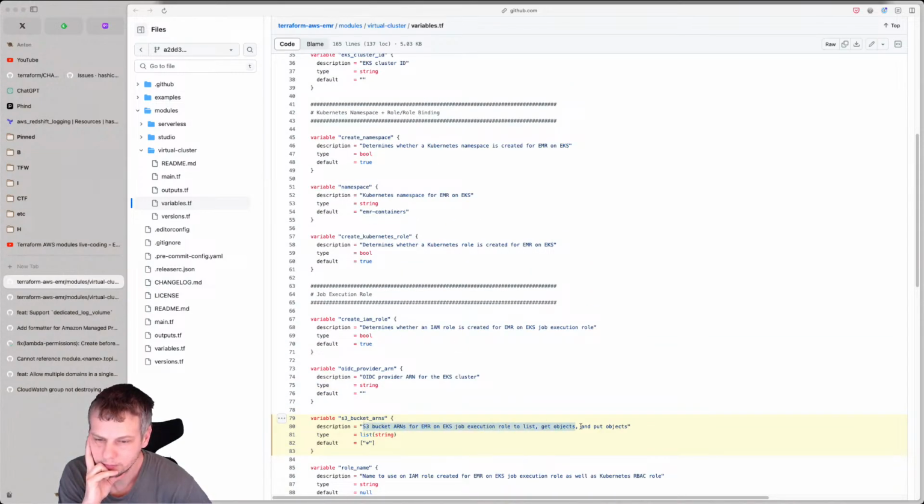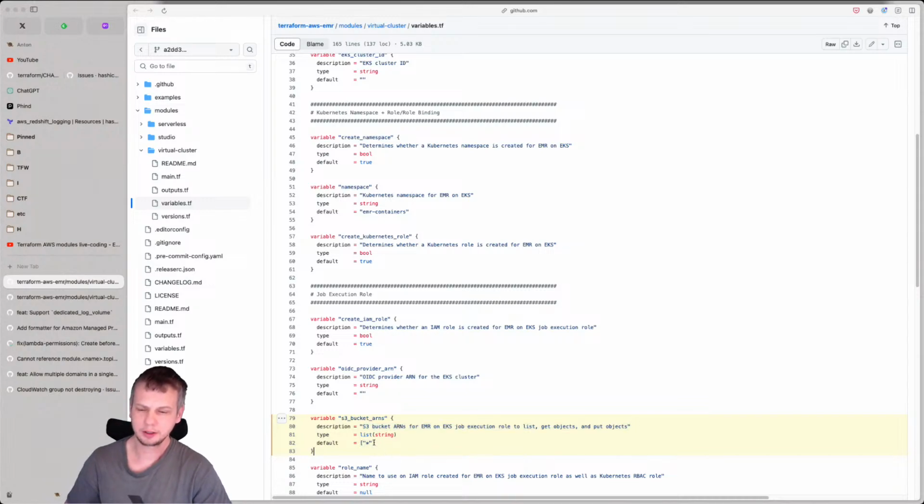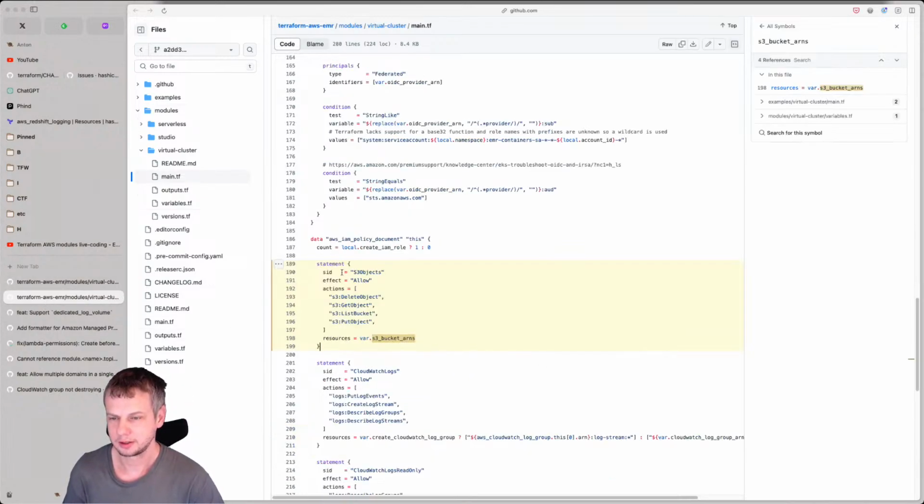Get object, put object. Yeah, I think it's pretty decent. So if we set it to an empty list, it means that this policy will be invalid.